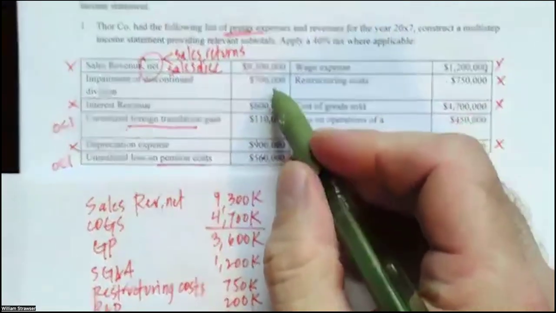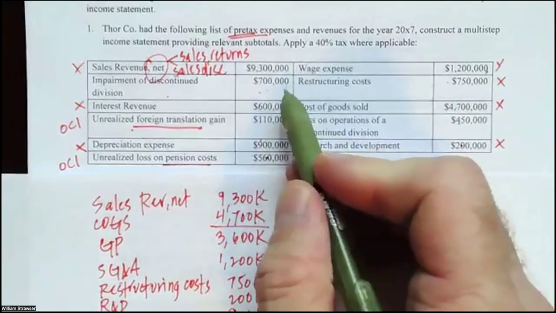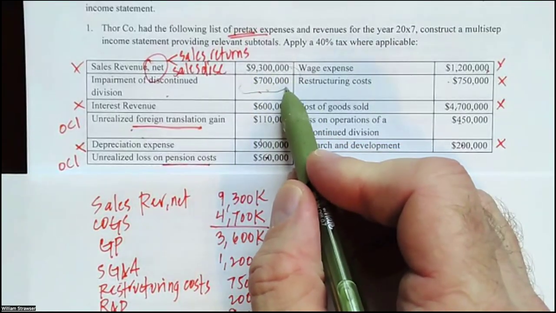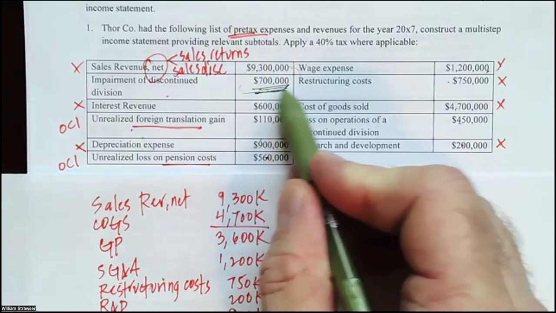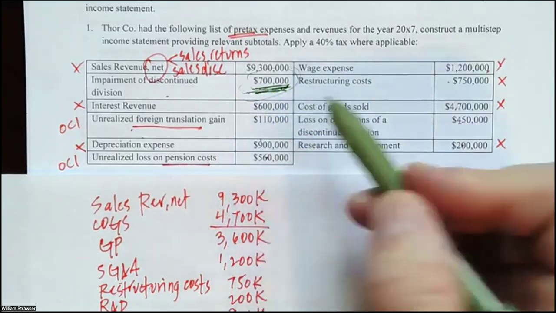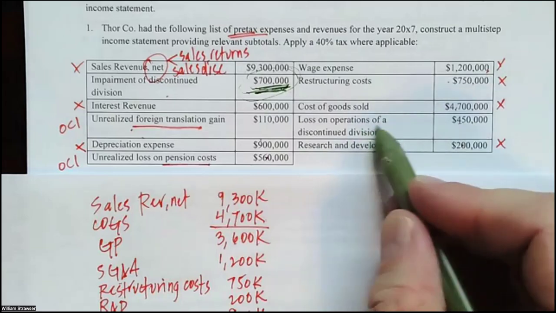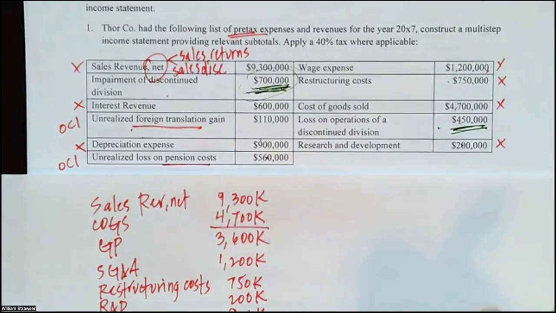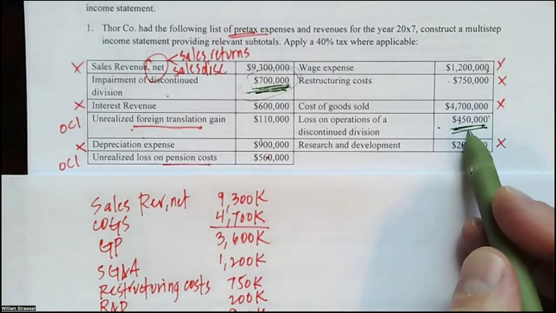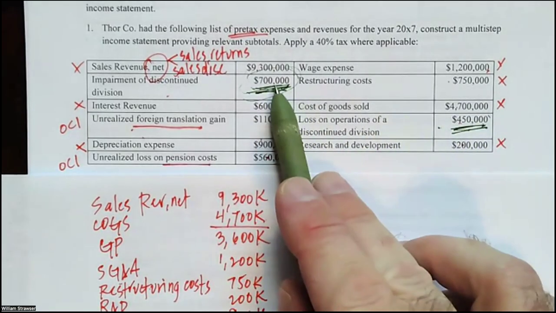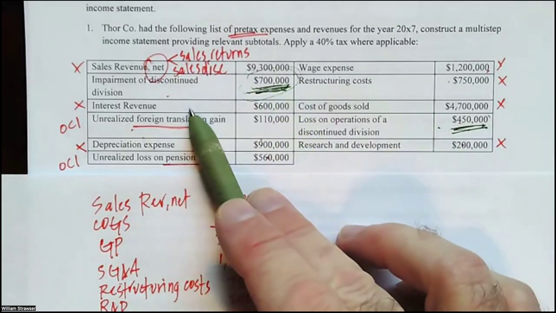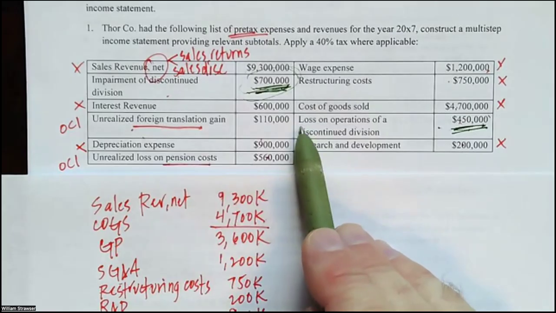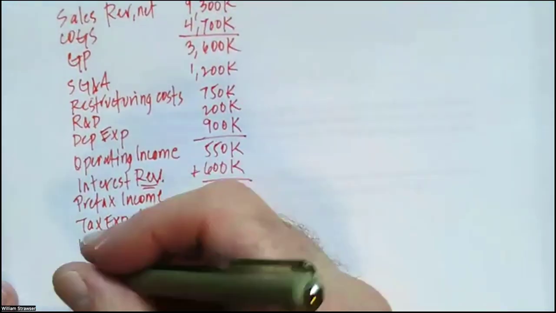We have the impairment already given to me, already judged the book value and the fair value of my net assets of the discontinued operation, and came up with 700,000. Same with this, already have the overall net profitability of the discontinued op. So we took all the revenues less all the expenses and came up with an overall loss. Both of them are going to be negative to net income. Impairments are always losses, and this is a self-described loss. So strip the taxes out of the $700,000 impairment,